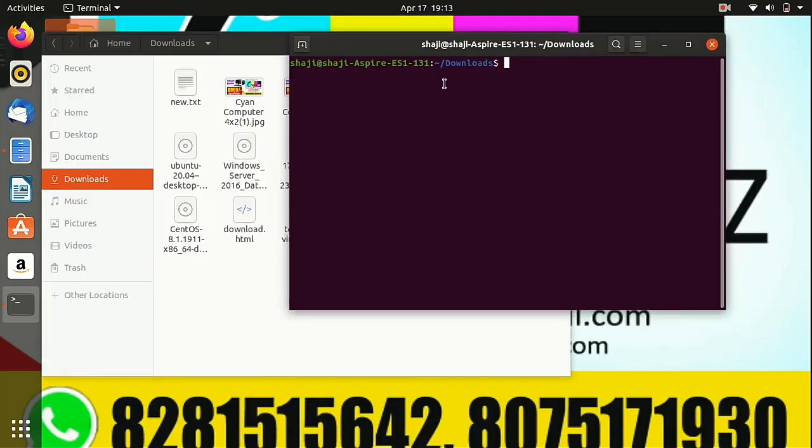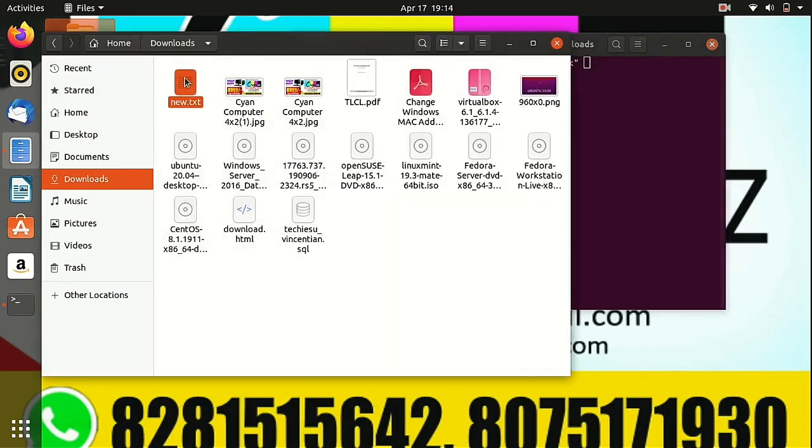The next command is grep. If you wish to search a particular pattern, then you can use the grep command. I have already created one folder under documents. I have copied some content also. So I will show you how to search that. So for that, the command, the word you wish to search, then the file name. So that file name is new.txt.